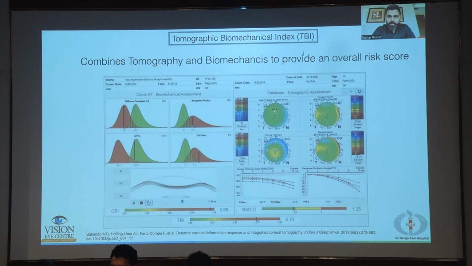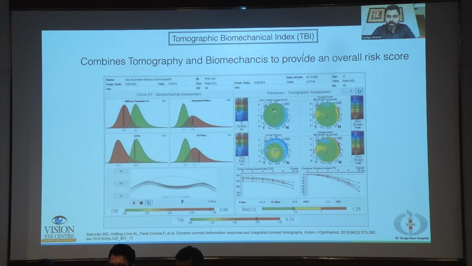So what you see here on the right is a patient with a relatively normal looking corneal tomography, a Pentacam scan. You can see that the BAD-D is also quite normal. But when you look at the tomographic biomechanical index, which is taking into account the biomechanics as well as the tomography, you see that the value is quite high, which indicates that this is definitely not somebody with a healthy